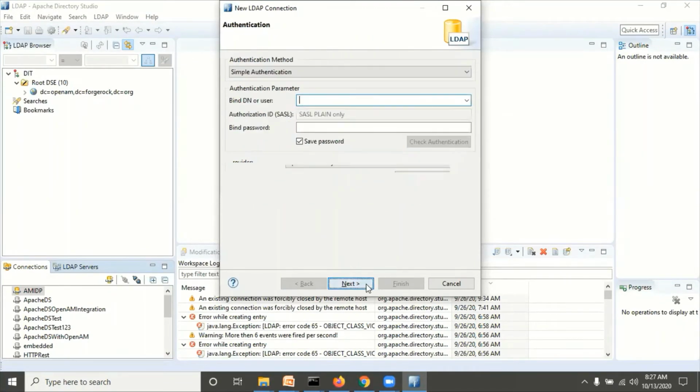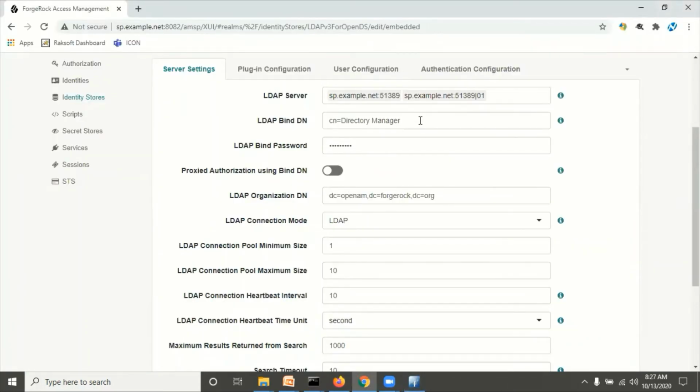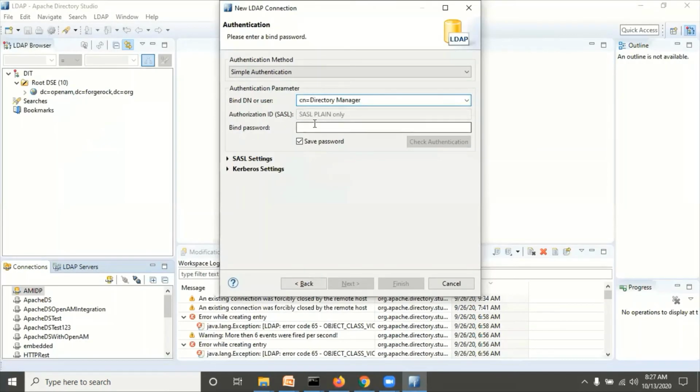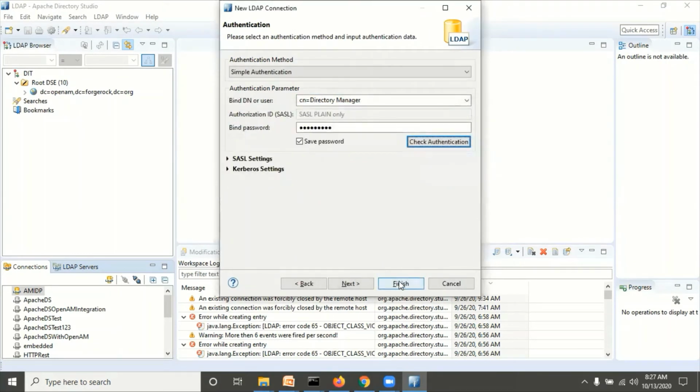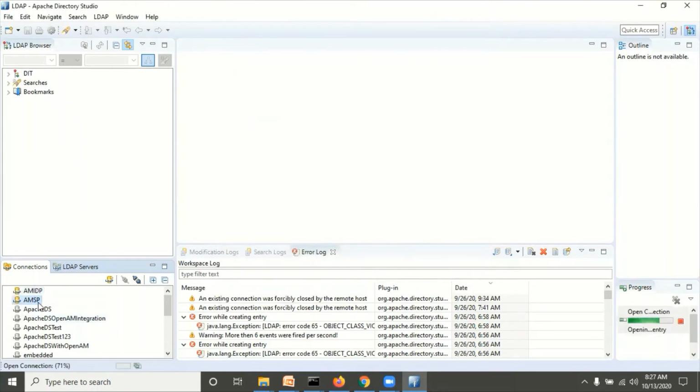Click on Next, and here you have to give the username. This is the username, and the password admin1234. Click on Check Authentication. Now authentication was successful. Click on Finish. So now we are able to access IDP OpenDJ and SP OpenDJ.